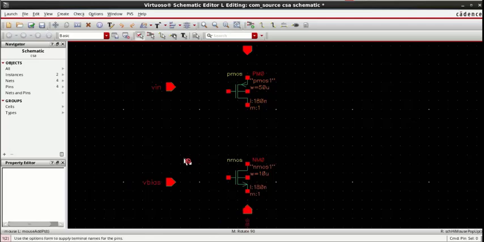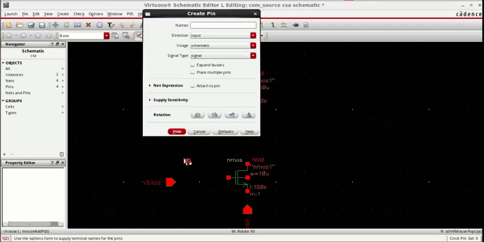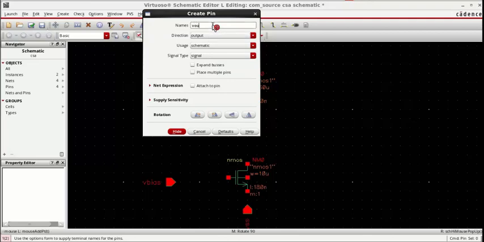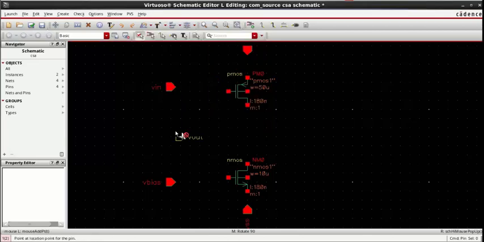Now we take another pin for the output. The direction is output, and let's say the name is Vout. Hide, and we paste it here. Now we press escape. Now we are going to take the wire, so I press W on the keyboard. I'll connect it properly after that.